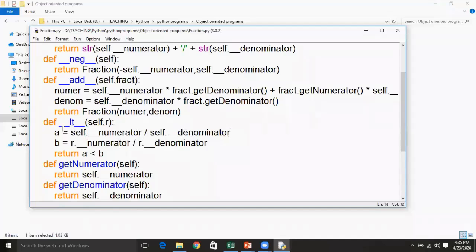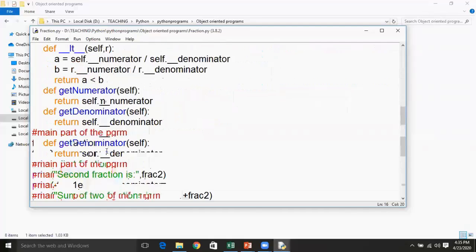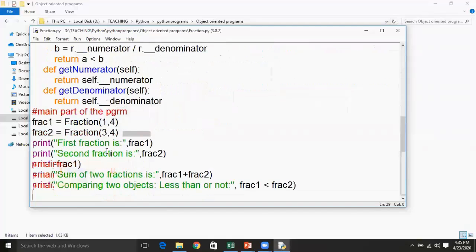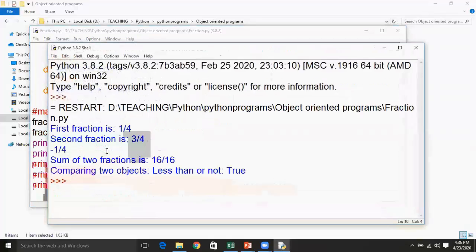Then you get a floating point value and assign it to A. In the same way for FRAC2, which is called R here, you find the fraction value and assign it to B, and you compare A and B. If you compare A and B here as less than, and this is true, it is going to return true. If it is not correct, it is going to return false. Now I will try to execute this. So it is returning true here when you compare with the relational operator.